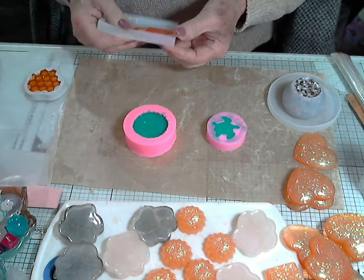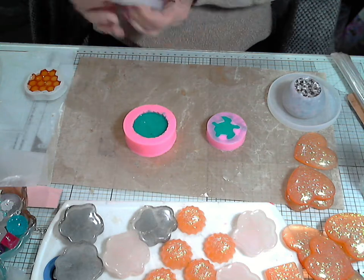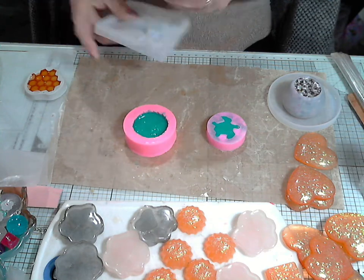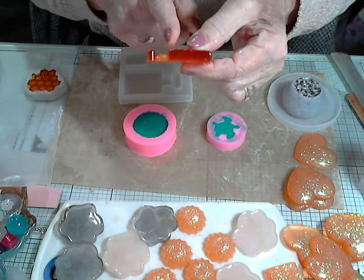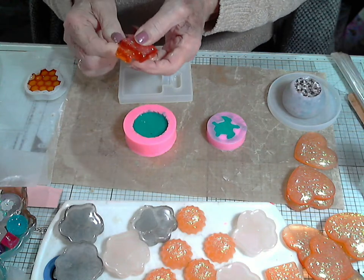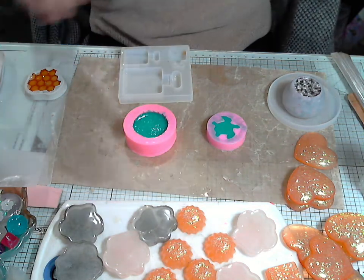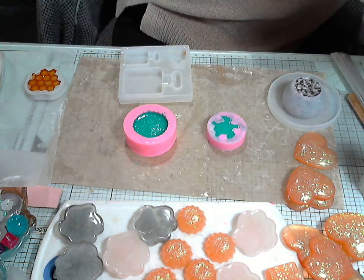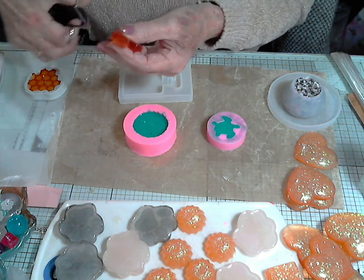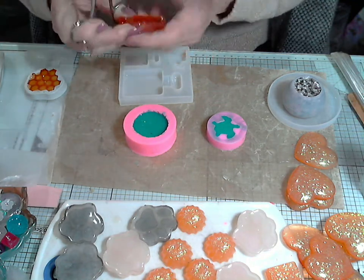So now here we have yet another little bottle. What I will say is, when you're demoulding these, and I did say I was going to leave it actually, but if you're not careful, it's got a really thin neck, you see that thin neck there, and honestly, when it's not set, that can snap, and I have already done it once, so I know what I'm talking about. And I was trying to be ever so careful. So what I am going to do, it's got a little bit that's spilled over on here, and as I've taken it out of the mould,